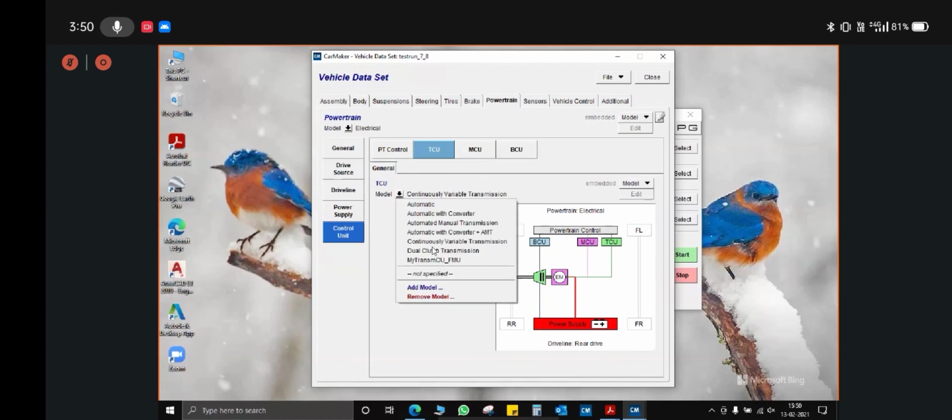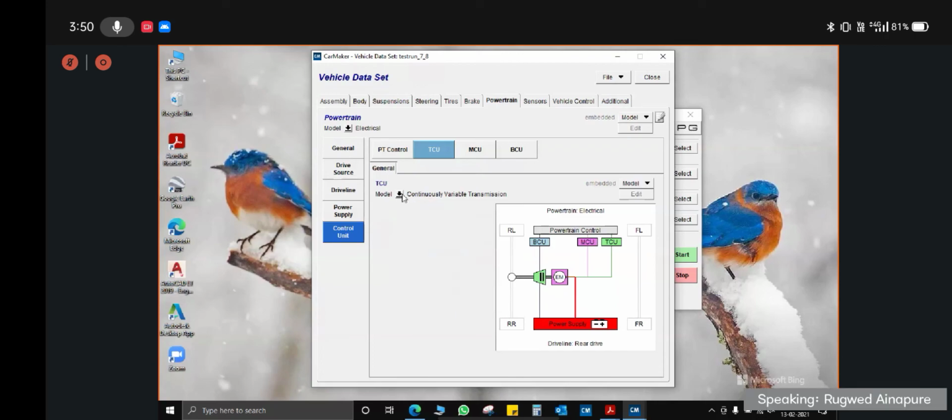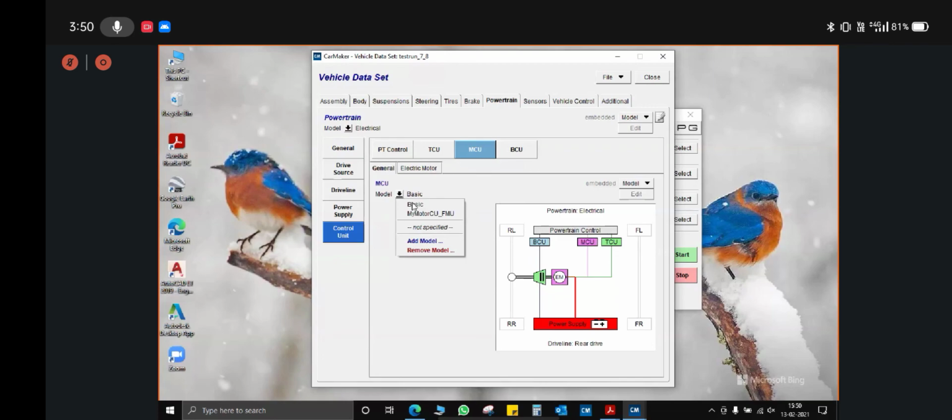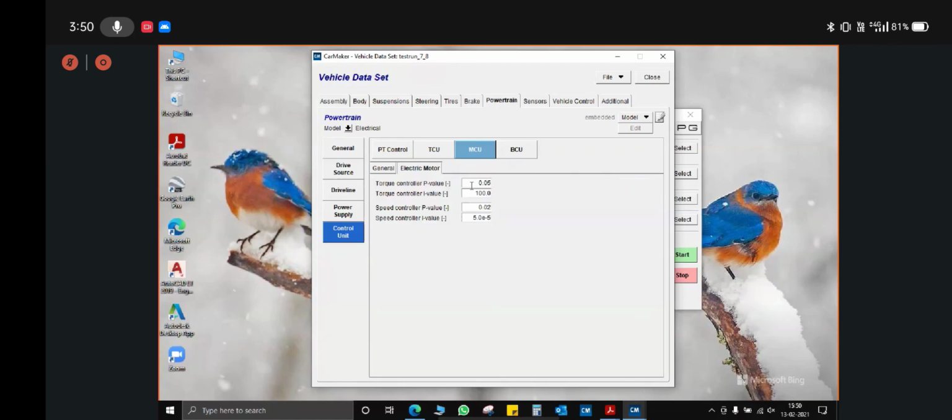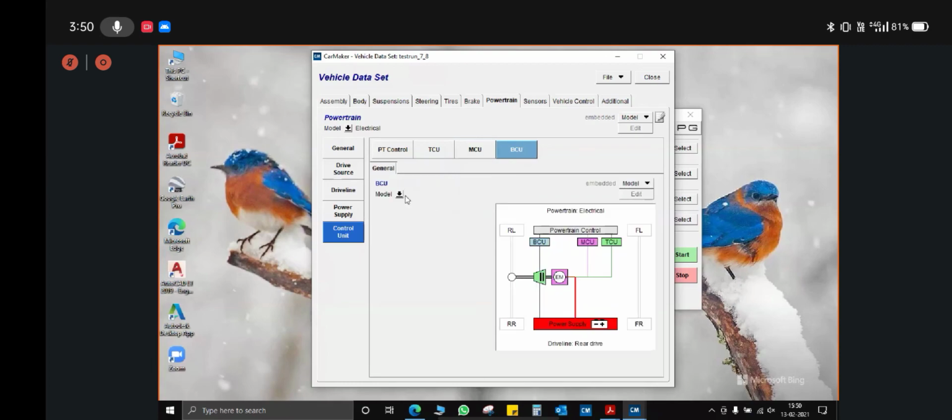Okay, so this was all about the vehicle data set. We have finished and covered all the things here. We highly encourage the teams to go through the IPG CarMaker guidelines thoroughly, go through the IPG Quick Start guide thoroughly, and take reference of the IPG User's Guide and IPG Reference Manuals already shared with you.